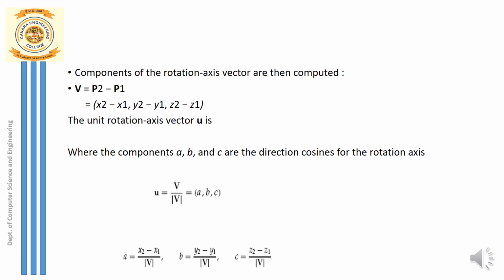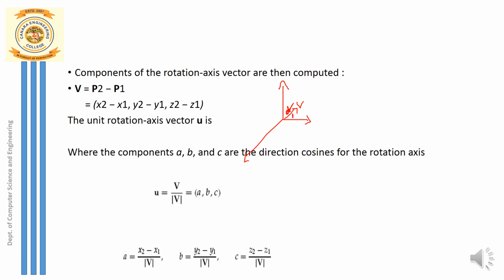Suppose this is my x-axis, this is the y-axis, and this is the z-axis. Here I have a vector, say this one, v. Whenever I say vector, it specifies both magnitude and direction. So let me take the magnitude of this vector as a unit vector. So the magnitude is equal to 1.